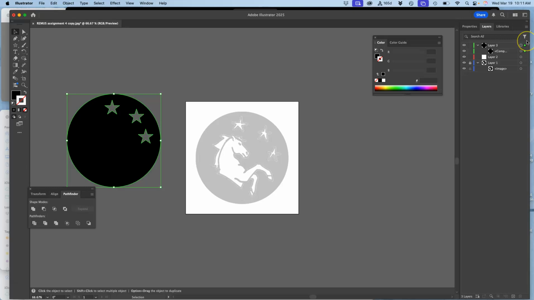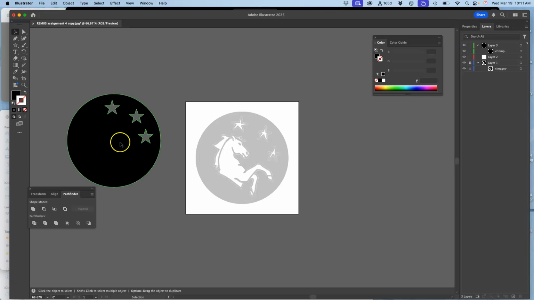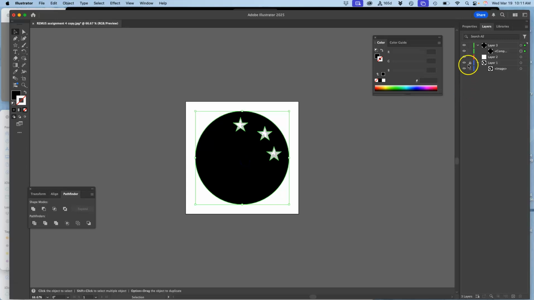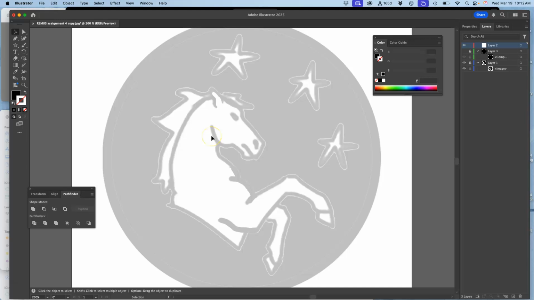Okay, now I need to do that exact same thing, but with a much more complicated shape, right? With that horse. So this gets to what I was demonstrating with my logo at the end of the last video. So what do I do? I turn this off, lock it. I'll work back on this layer, and I can move that layer up above. So now I'm going to trace this horse in red, and I'm just using my trackpad. This horse is a pretty organic